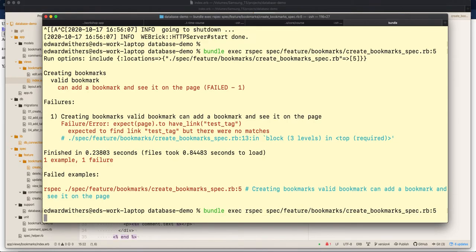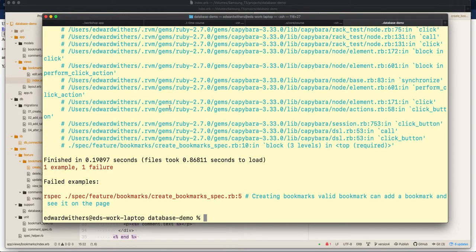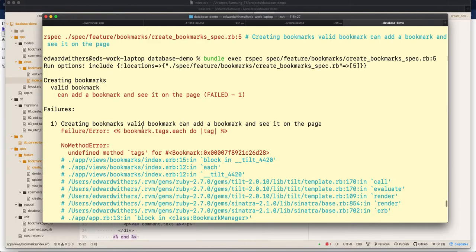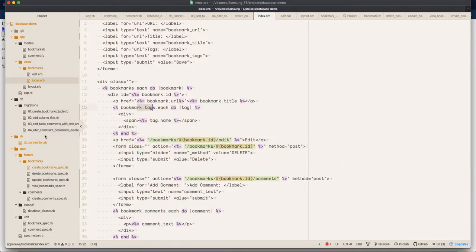So let's run my test again. And I get an error message that says undefined tags. Nice, cool. So now we should go to our unit test